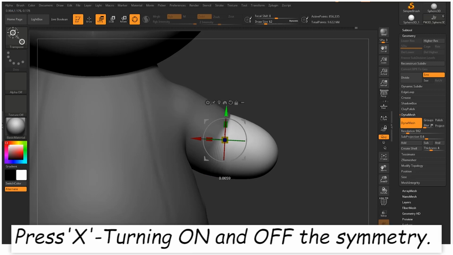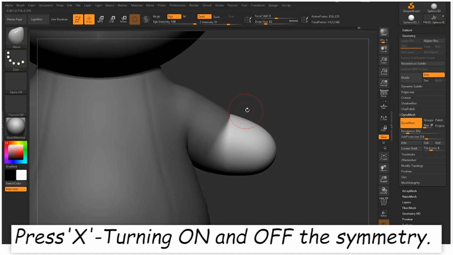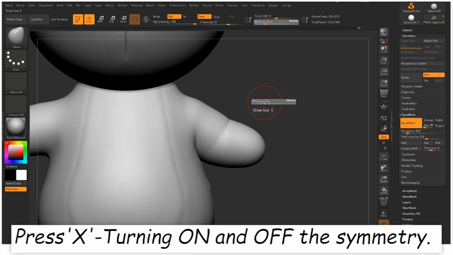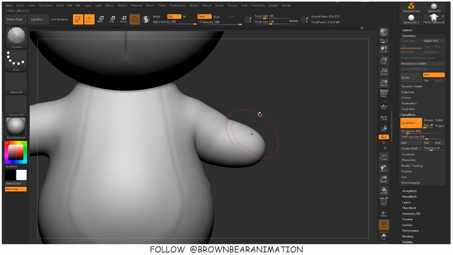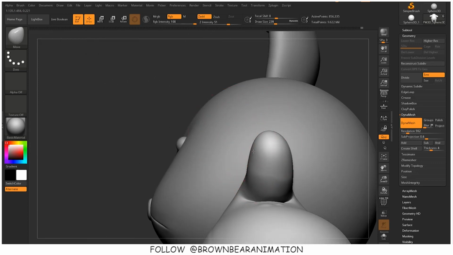I am rotating the hands in non-symmetry mode. I have turned off the symmetry option. Then after that I am posing the hands of the bunny. Make sure that when you pose the model, you can then change the shapes and forms which you think are not correct after posing. You can correct those forms.